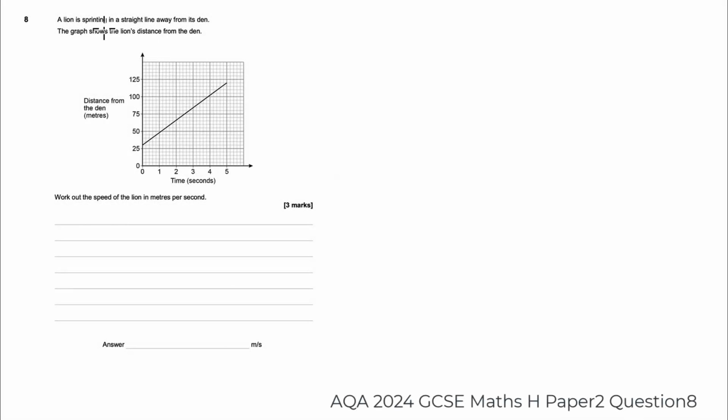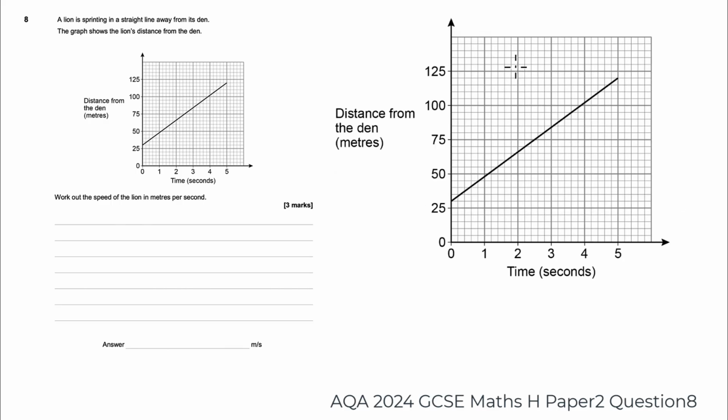Oh, here's question 8. And we're talking here about a lion sprinting away from its den, and the graph shows the lion's distance from the den. We're asked to work out the speed of the lion in meters per second. So, it's wise to use 2 points on this graph as far away as they possibly can be. Now, I would use this point here